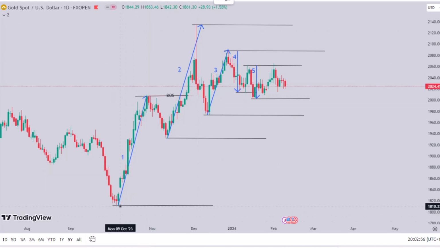So this move from this lower point to this higher point, lower point, higher point, this is what we call a bullish market structure. After the market created this range from this point, it then retraces all the way to this lowest point and then moves all the way to this high. We call it what? Another structural range.